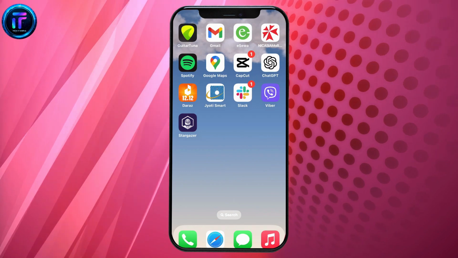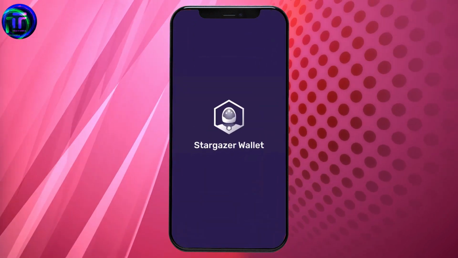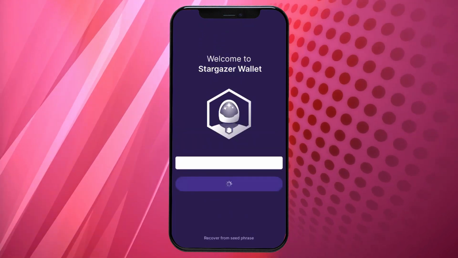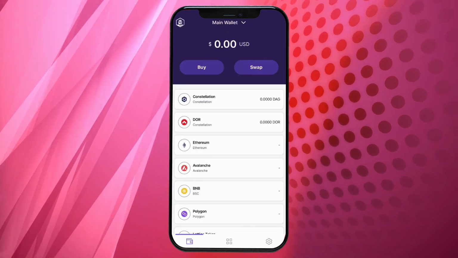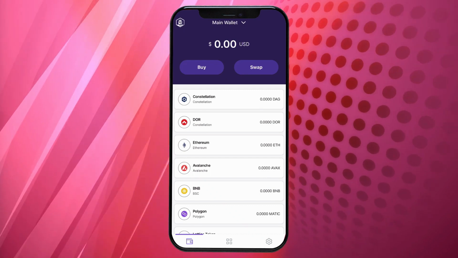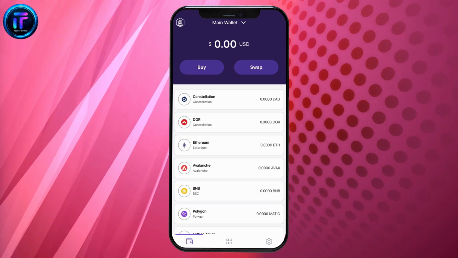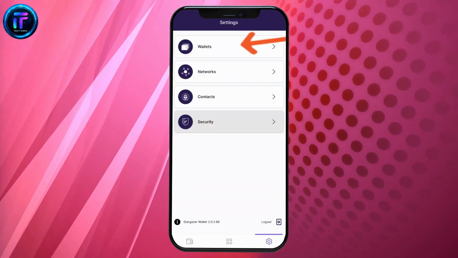First of all, launch/open your Stargazer application from your app drawer and make sure to log into your wallet by entering your wallet's login password. After logging into your wallet, from the main homepage of Stargazer wallet, you will be able to see your wallet's name at the top. Simply tap on the gear icon at the bottom right-hand corner and tap on Wallets under